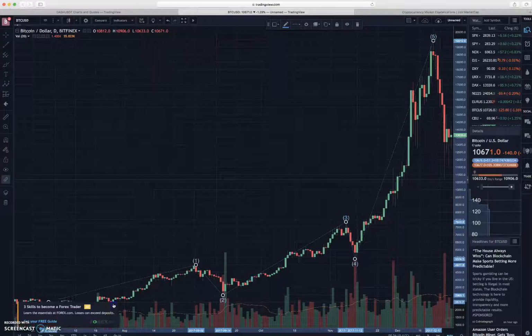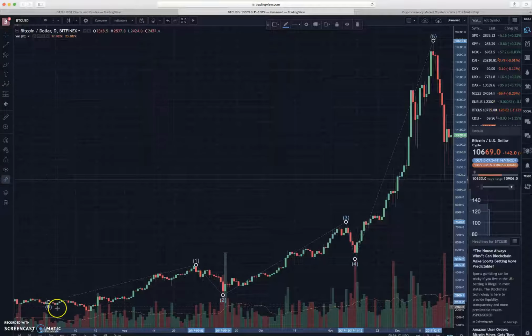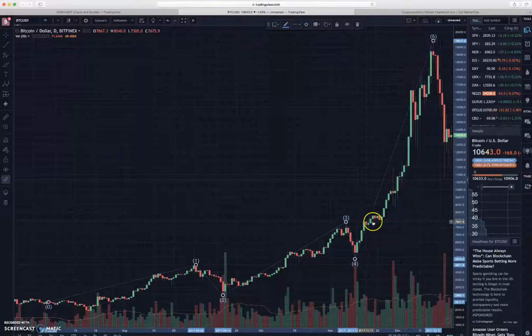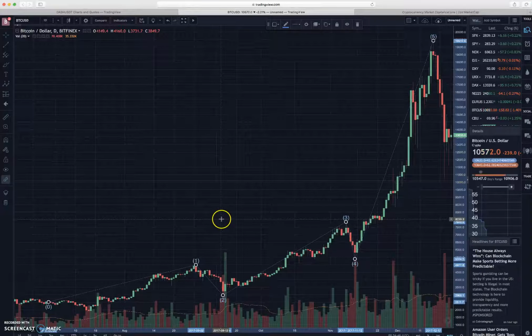If you bought in at the initial wave 0, the inception point, and you held all the way up to the top, you'd have roughly $20,000 from 2,500. Now you'd have to have endured all of these corrections in the market cycle, but this is what I'm getting at, is if you can make these predictions on a long scale, like a long term, like an eagle eye